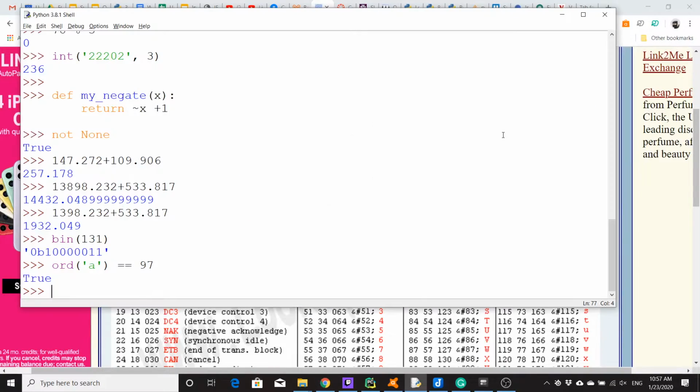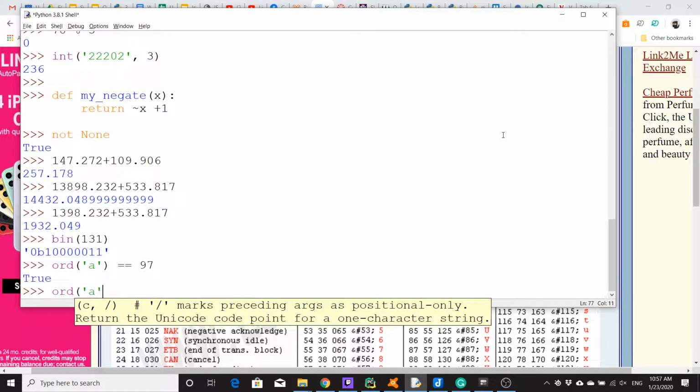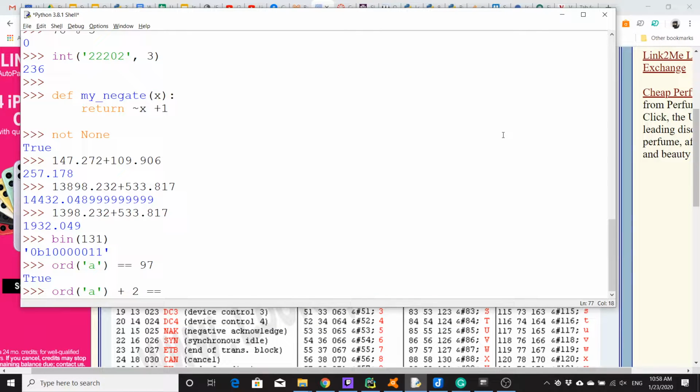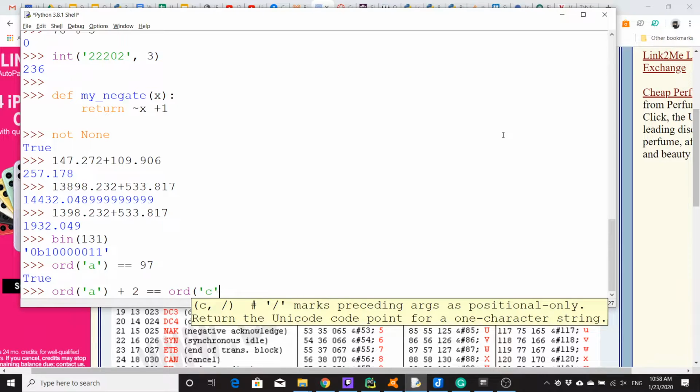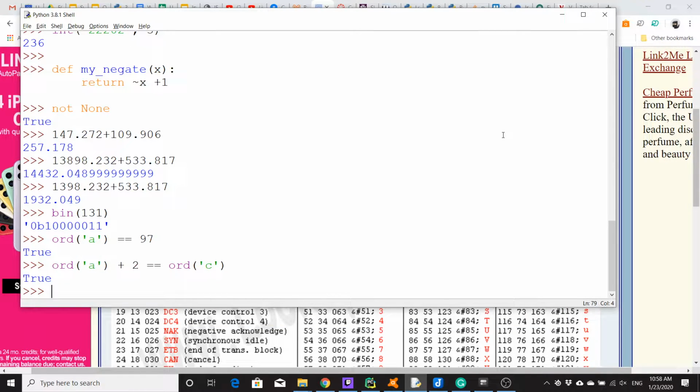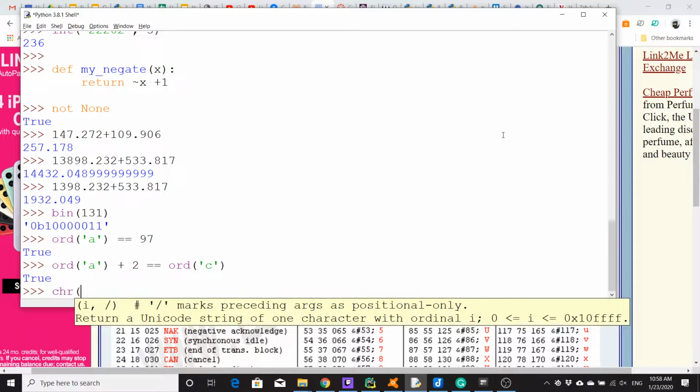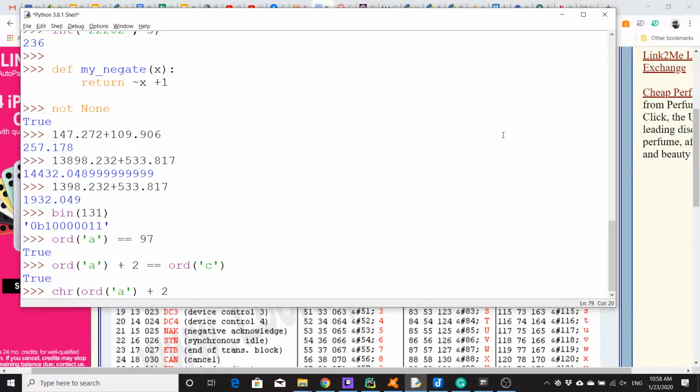So here we could ask, is the ord of a plus 2 equal to the ord of c? Yeah, sure, it is. Or you could use chr, which says take this numeric value and give me back the corresponding character. We could do the ord of a, which is 97, plus 2, and that's going to give us